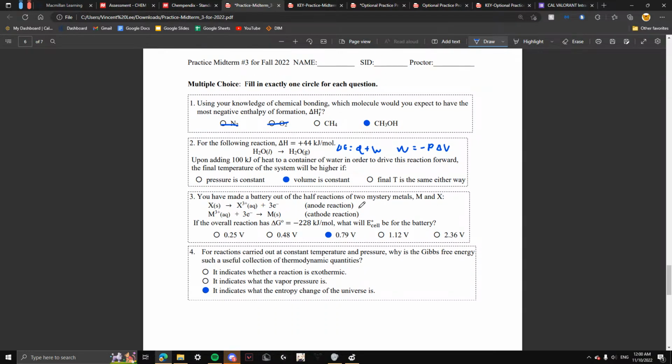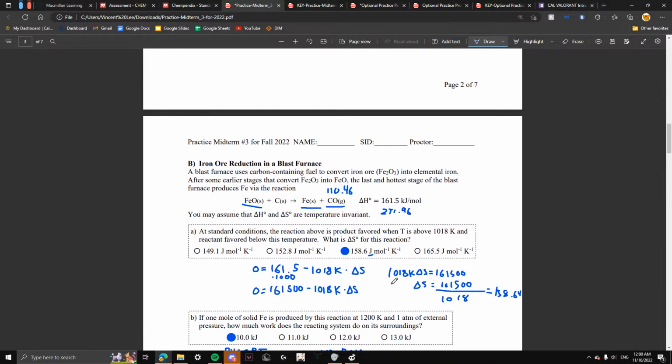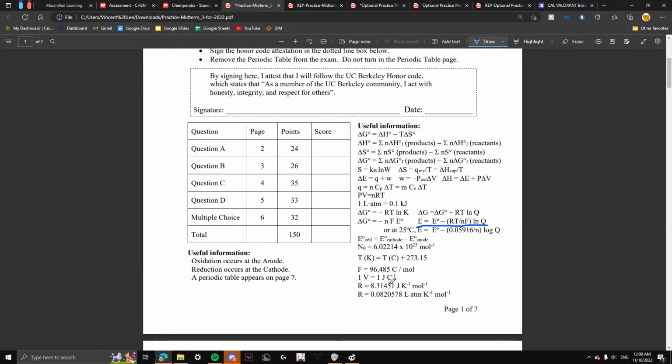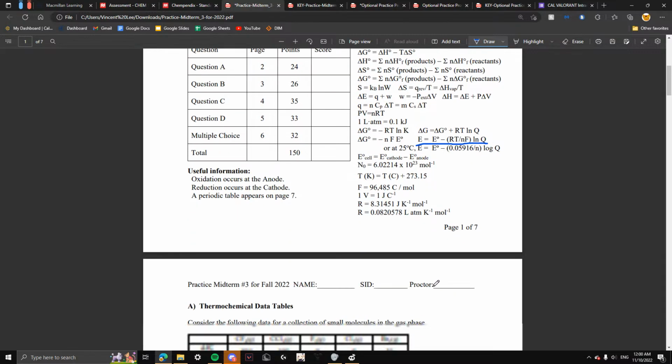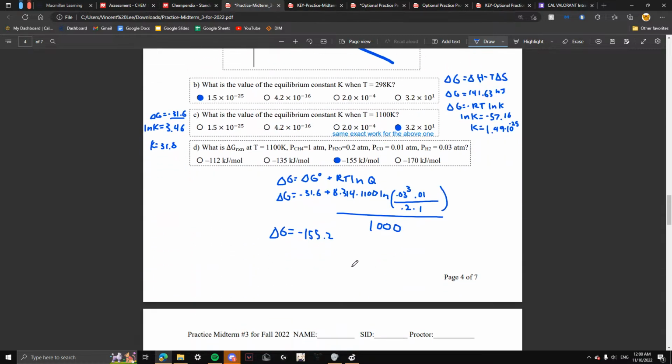Okay. This problem. You have made a battery about a blah, blah, blah. If the overall reaction has delta G, what will E cell be? First off, you can probably do this by using an equation that uses delta G and E cell. So let's look for one. Oh, look, delta G is equal to negative nFE. Wow. So if we isolate for E,